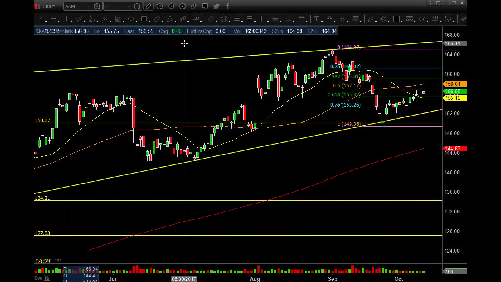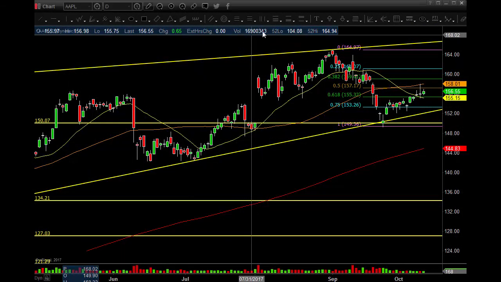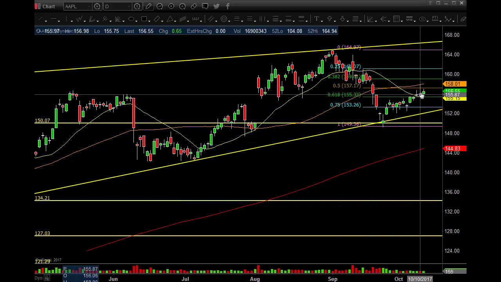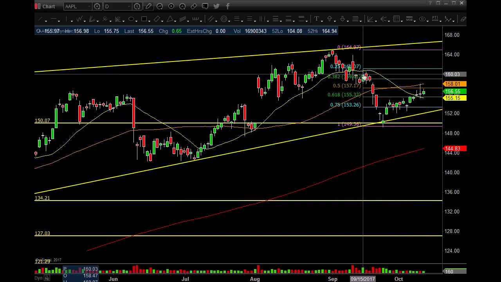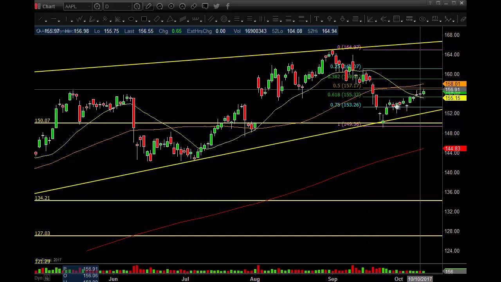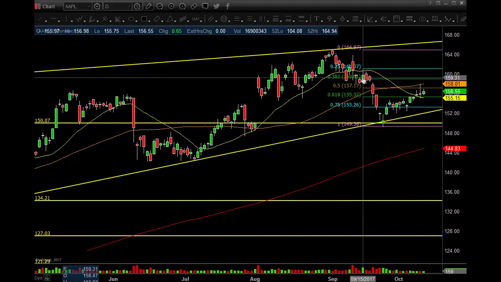All right, guys, so let's get into the daily chart on Apple. 16 million, almost 17 million on the day, 65 cents up or 0.42% on the day. Not a bad showing, but Apple's still stuck in this consolidation area. Bearish to me, inside bar. I'll show you on the weekly. You can see it a little bit clearer, but when you go down, sideways,